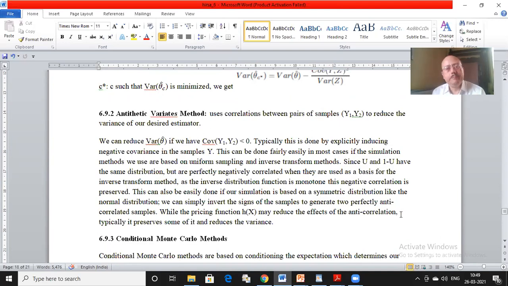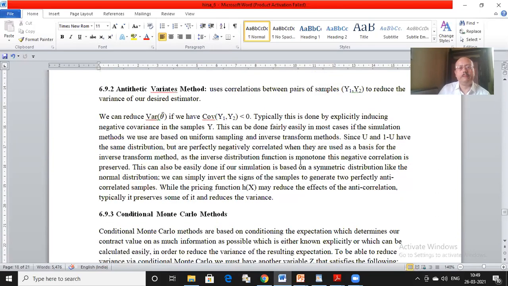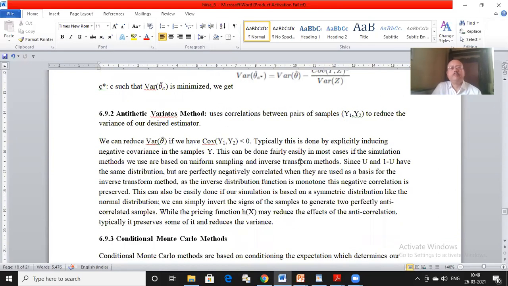When we are drawing random samples, we are essentially creating different copies of our estimator. Now, suppose I have created two copies, y1, y2. Can I use the correlation between this y1, y2 in some way to reduce the variance of theta hat? I will be able to do that if I can make sure that the covariance between y1 and y2 is